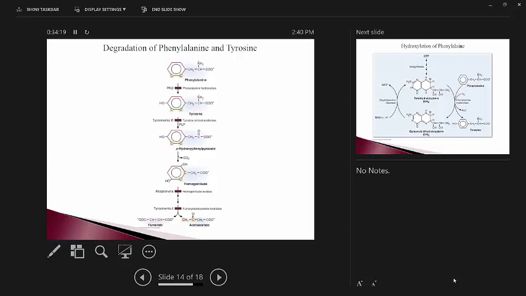Alkaptonuria, and I'm going to tell you the way I told it to a class a couple of years ago, and then I had to explain something. So what happens is that your urine turns black on standing. That's the way I did it. So your urine turns black on standing.